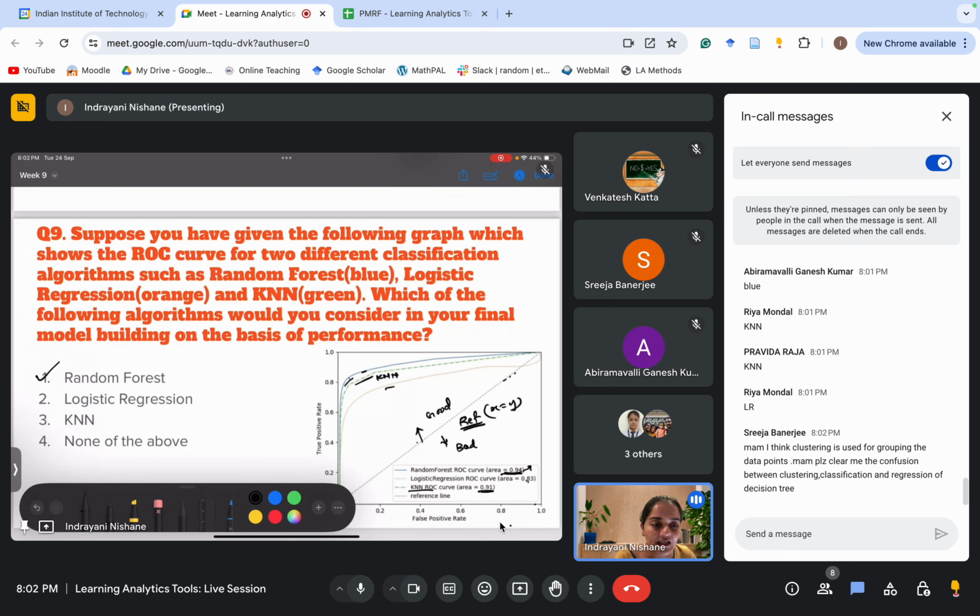Yeah, I think clustering is used for grouping the data points. Absolutely correct. Clustering is used for grouping the data points together to create a limited number of groups. So what happens in clustering is we have a certain target that we are supposed to create. We are supposed to create some 4 groups or 5 groups or 3 groups or 2 groups. So that number of groups we can fix in the beginning when we are